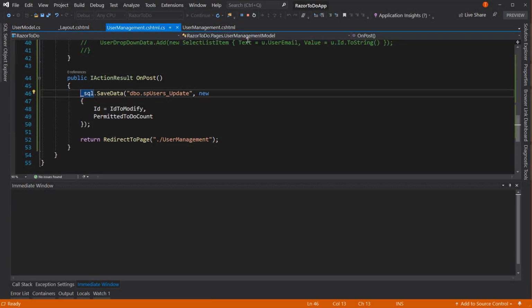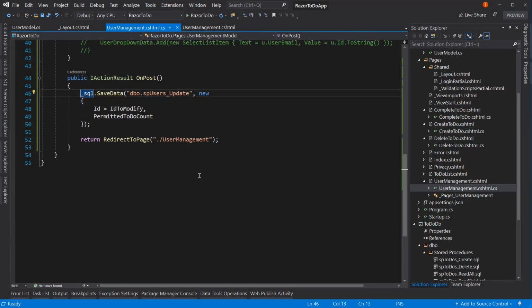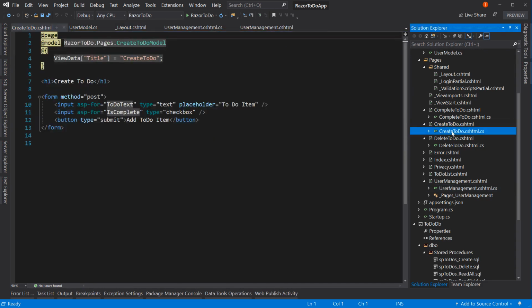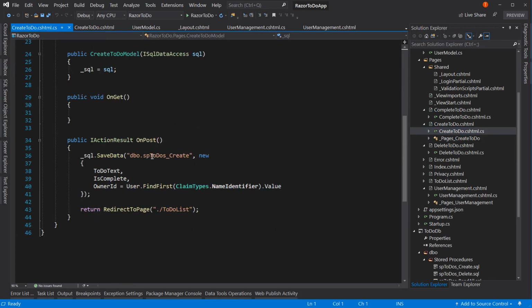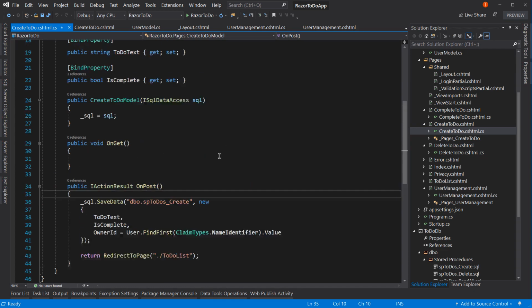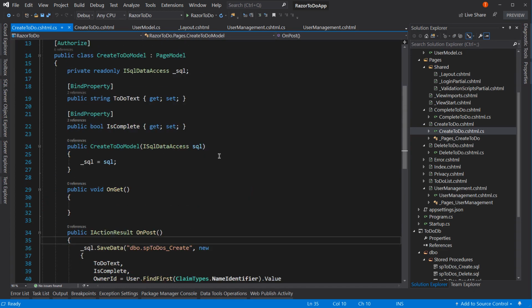So let's stop this now and move on to the last step, which is to actually make these apply. To do that, we're going to have to look up in our create to do. So whenever we create a to do, instead of just saying, go ahead and create that to do, what we'll need to do is we need to check first to see if we are at our max for our to dos. So let's create